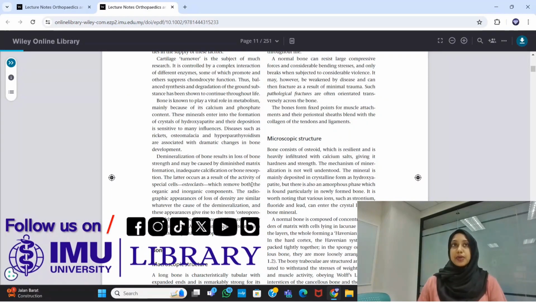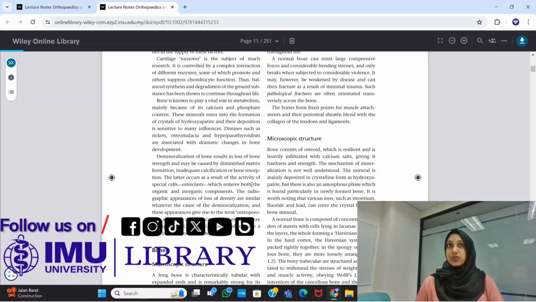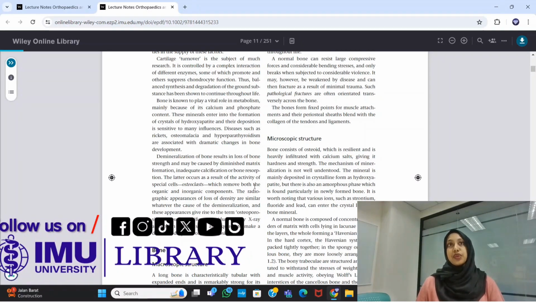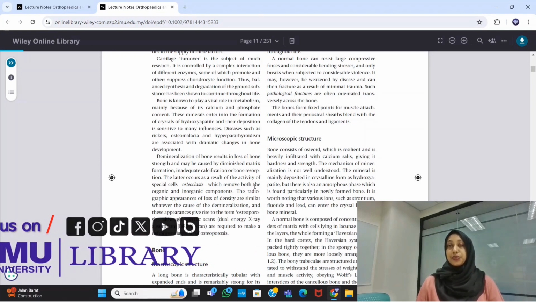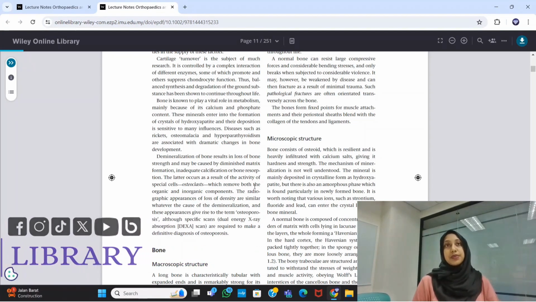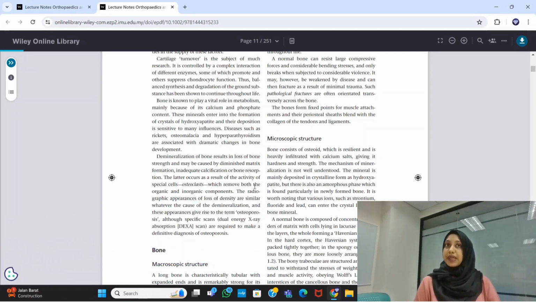If you ask me what I like about this book, these lecture notes, orthopedics and fractures stand out for its concise yet comprehensive approach to orthopedic topics. The ebook presents complex orthopedic concepts in a clear and understandable manner, making it accessible for medical students and junior doctors. I appreciate how it covers a wide range of orthopedic conditions and fracture management strategies while maintaining a focus